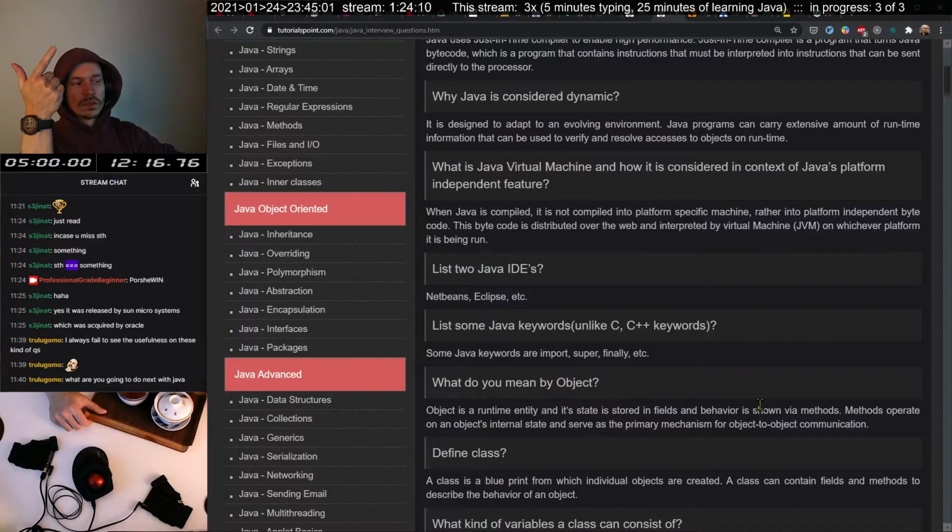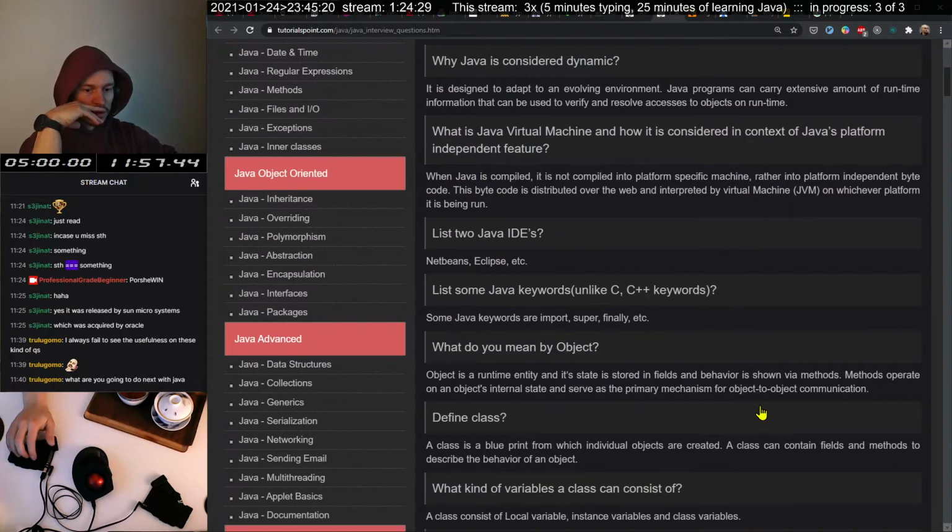Is this what they are asking? Well, then you also can divide the variables into reference types and primitives, right? So I don't know what they mean. Local, instance variable, and class variables. Okay.